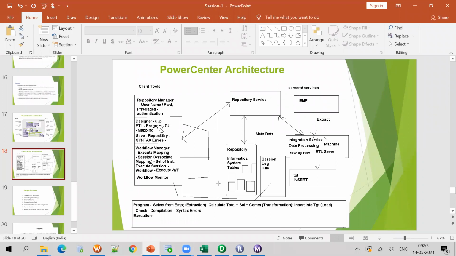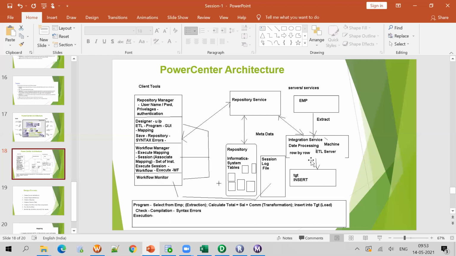Now suppose you created a mapping, a workflow, something in the client tools, and you run it. You will run a workflow or execute the program you wrote in Informatica. Once you execute it, the repository service will tell the integration service to execute.